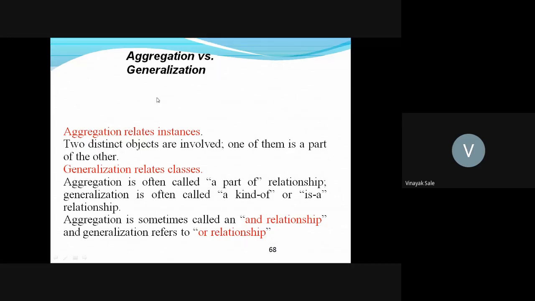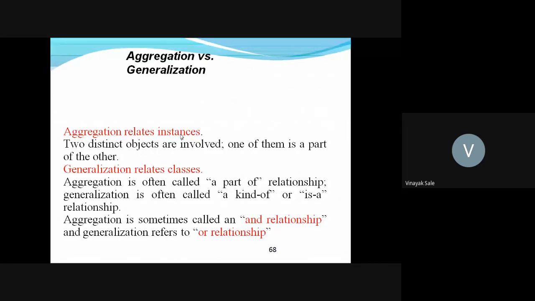Then what is the difference between aggregation and generalization? Aggregation relates instances. Two different objects are involved, and one of them is part of the other. That is, there is a relation between two objects. Generalization relates classes, while aggregation relates objects.